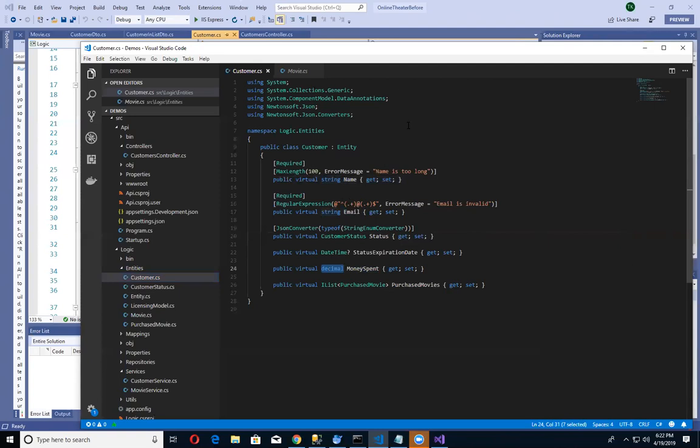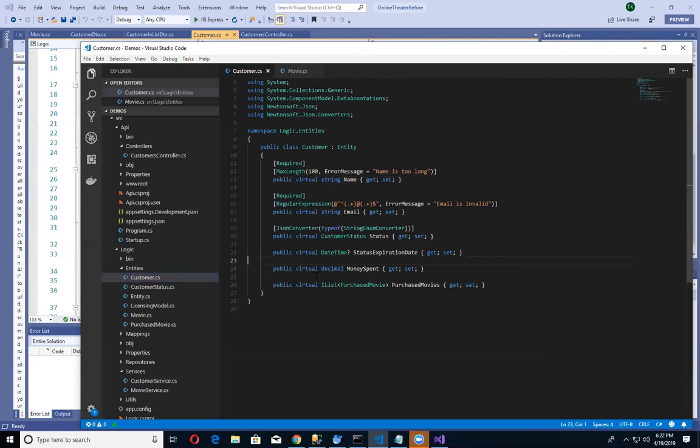And so he poses a question: a decimal will allow you to have negative and positive numbers, so does it make sense to have a negative amount for your money spent? No, it doesn't. But because we're using native types here, we could potentially put a negative value in there, even though it doesn't make sense to have one.